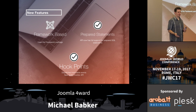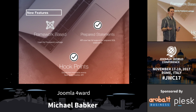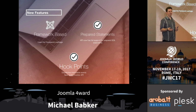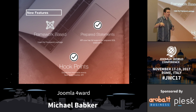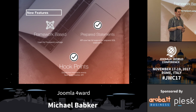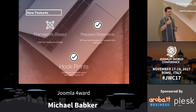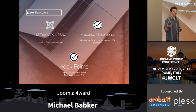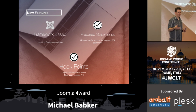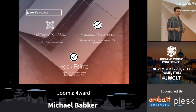The other thing we introduced was what we call a query monitor. If you've worked with Doctrine, you might have heard of their SQL logger class. It's kind of the same concept. So you can attach what we call a monitor to the database driver that gets a notification each time a query is executed. It sends a read-only notification out when the query starts execution, and it includes that SQL query, so you can do stuff like logging through that monitoring API, and it sends another notification out when it's